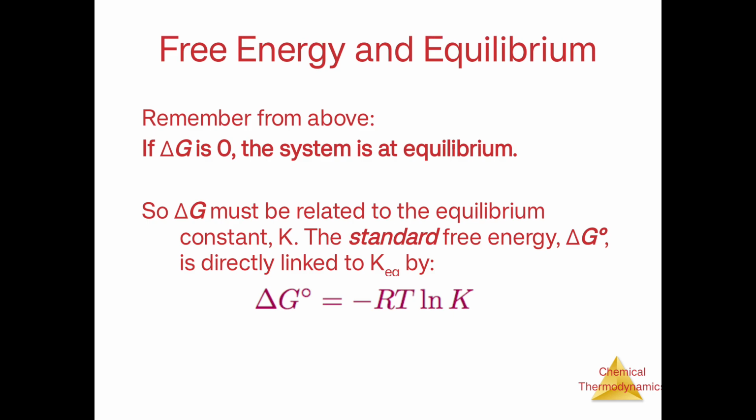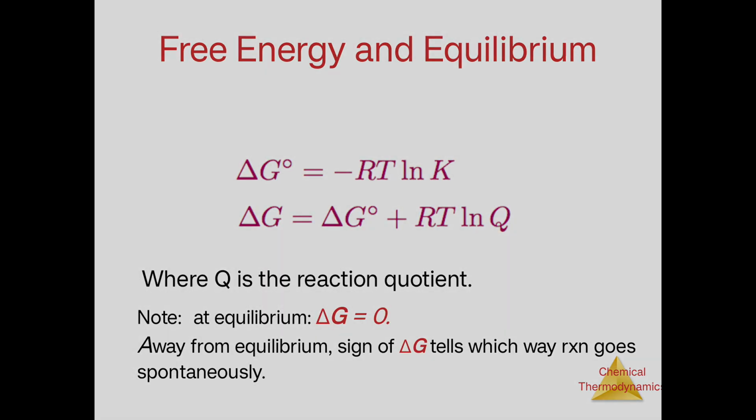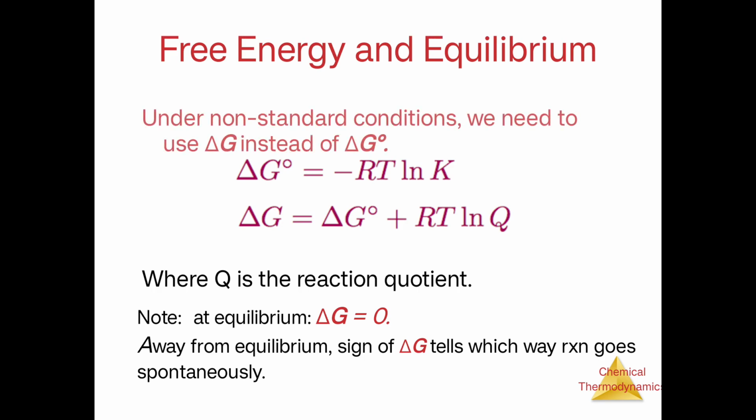Okay, so based on the value of K only, it will be decided whether the change in standard Gibbs free energy is negative or positive. Based on that, you can decide in which direction the reaction is spontaneous, either in a forward direction or in a reverse direction. This is another key equation to account for the equilibrium state. So under non-standard conditions, we need to use